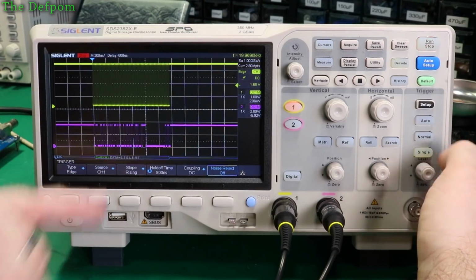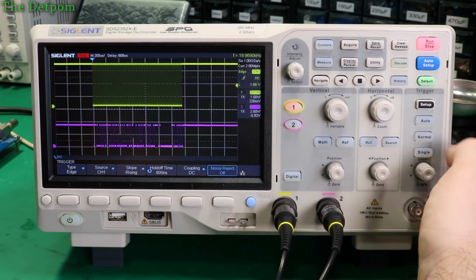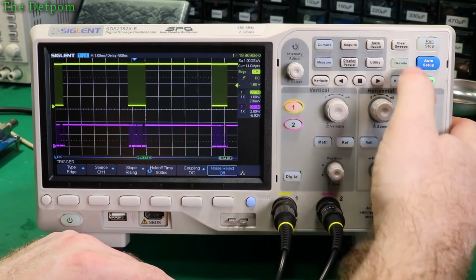And there you go, it's a Siglent and so on, and some characters. That's all normal. We'll just do normal triggering. It will just keep on popping up with the latest data. Now, if I go back to decoding here,